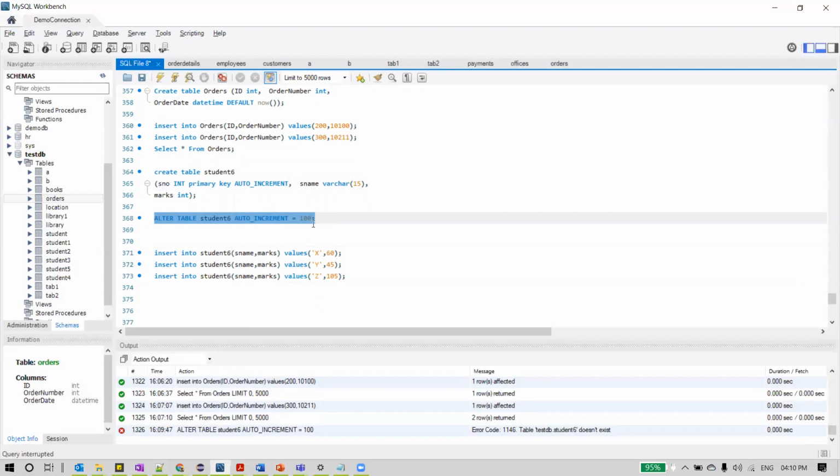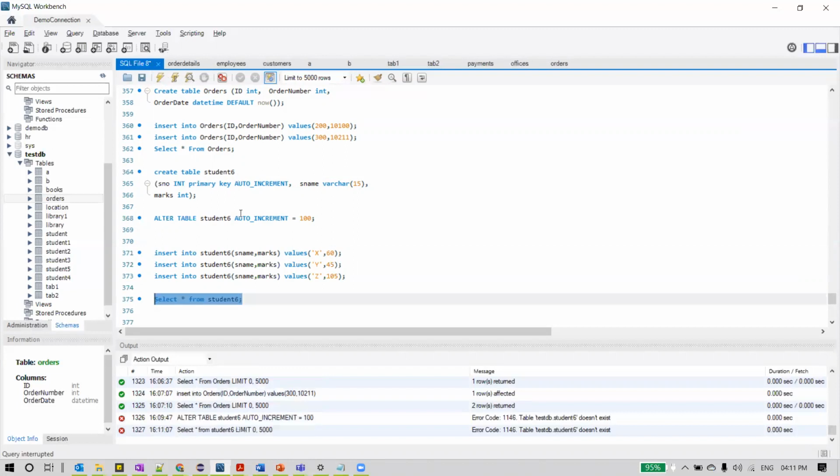We gave a hint to MySQL that the student number should start with 100. So what happens now is, when I execute the insert statement, let me write the select statement for the student table. Let us see. Okay, we didn't create this yet. Okay, let's create this first.